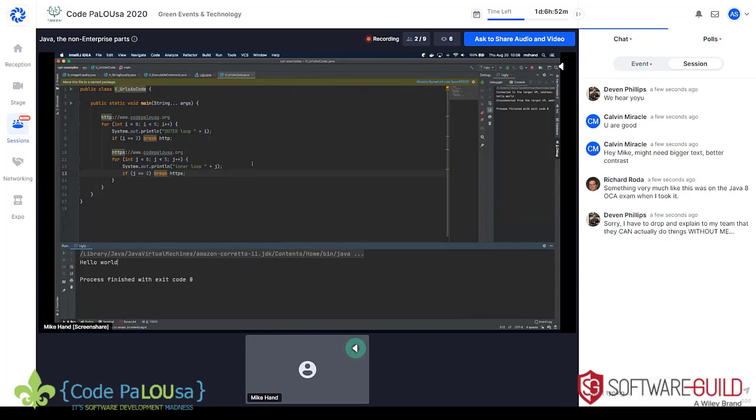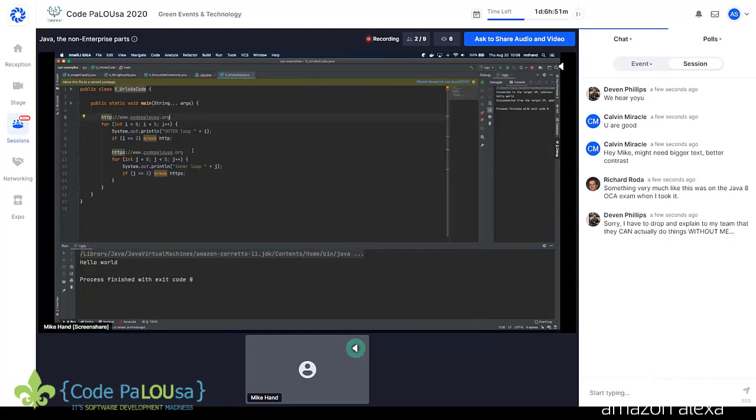But essentially what's happening is the HTTP is a token, then a colon. That's how you put a label in Java. And then the rest of it with the // becomes a comment. And so I can have HTTP and HTTPS, and these are labels.